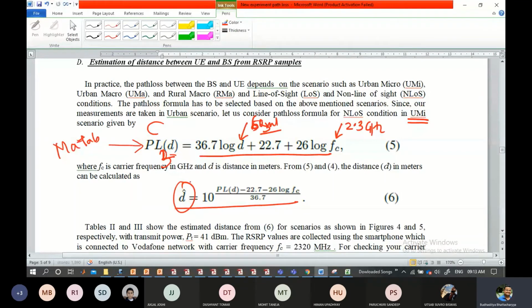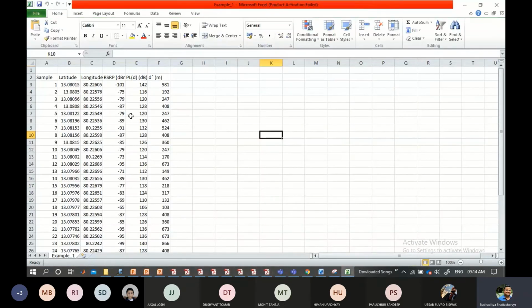They are saying that if we know PLD, suppose we are assuming PLD, then we can find out D from this expression. But we don't need this, because we are now in a position to find the D on our own. Although it is an approximate solution, at least for the time being, it is sufficient. So if we know this PL, we get the 33 path loss values, which we can consolidate and substitute over here.